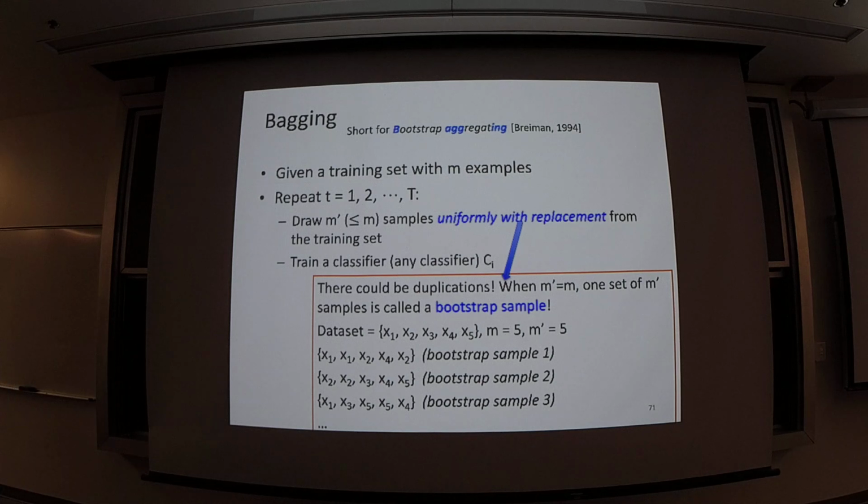Duplications in the set? Oh, duplications. I will explain. In this training example sampling procedure, because we use uniform sampling with replacement, that means in each iteration, the sampled examples we use to train a classifier can be duplicated, right? This is one difference from the